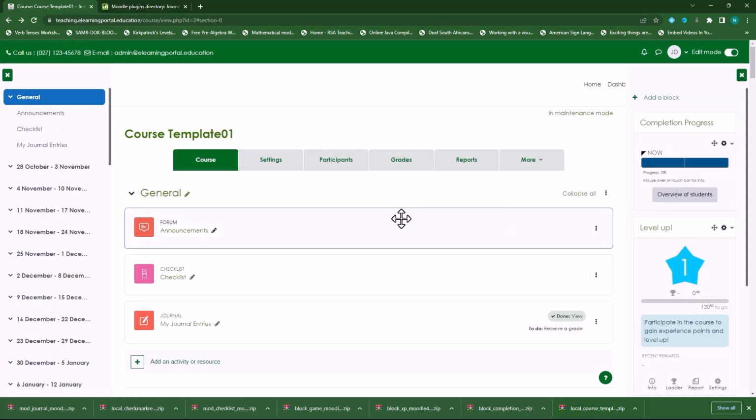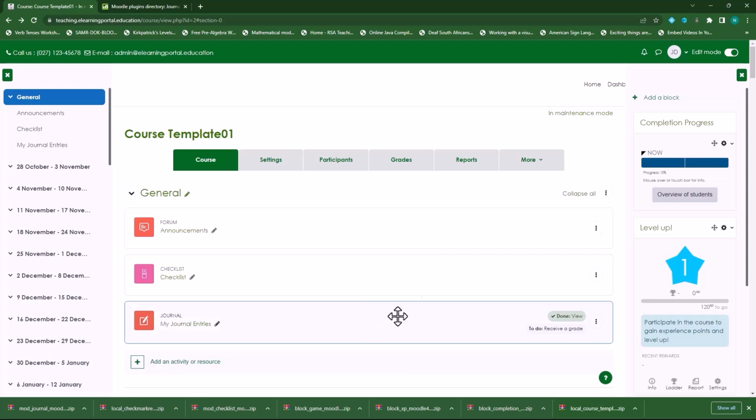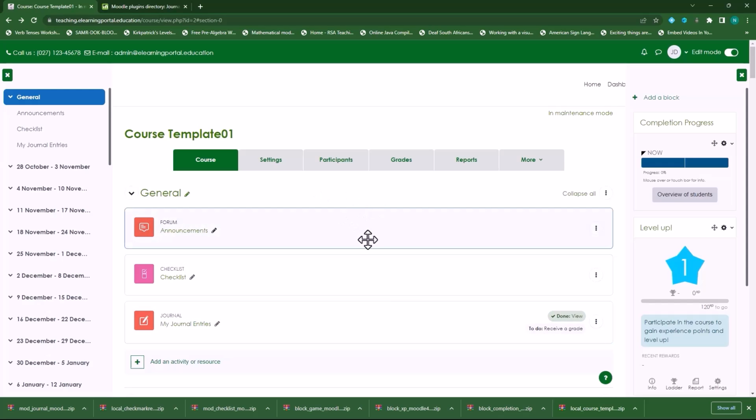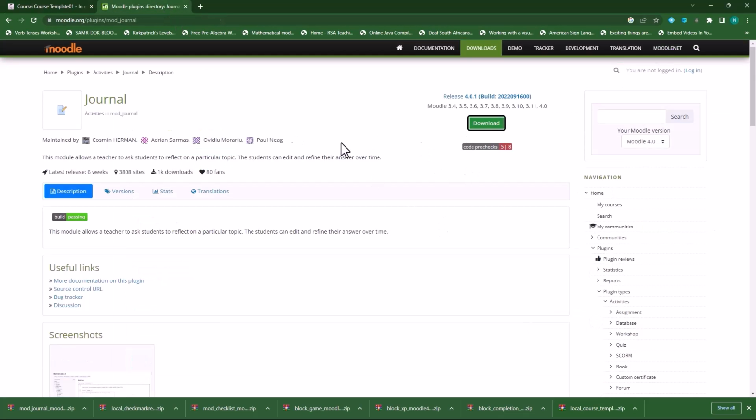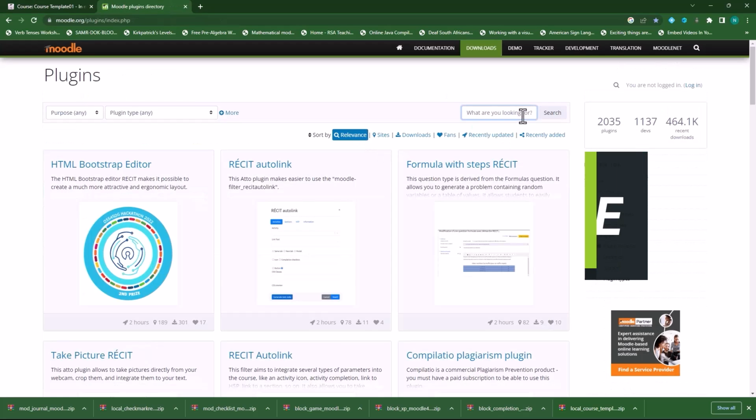The next module or activity that we're going to add is an auto attendance. I want students, when they access my course, then auto attendance needs to be taken. So then at the end of the week, I can see exactly who attended the course and how regularly they attended my course. Okay, for that, I'll go to my plugins again, and I'll type in auto